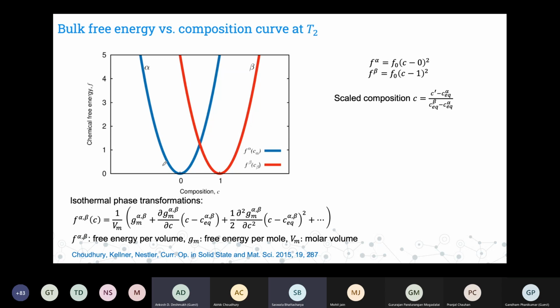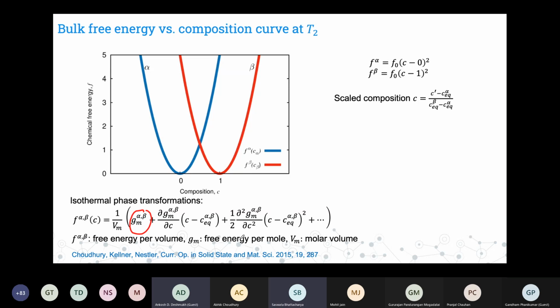However, there is one very important thing that you can do. In most systems you know the equilibrium, and you know the equilibrium compositions. As they suggested, you can use a very simple Taylor expansion, where you have the free energy per mole, this is the derivative, the slope of that free energy, and this is the curvature. So you can basically use